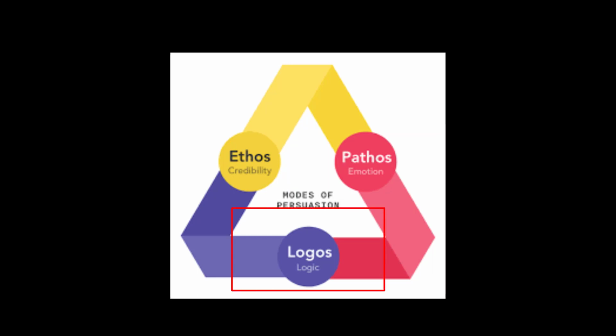Logos is the third. In classical rhetoric, logos is the means of persuasion by demonstration of the truth, real or apparent, the reasons or supporting information used to support a claim, the use of logic or reason to make a claim. Logos can include citing facts and statistics, historical events, and other forms of fact-based evidence. Some things to think about when analyzing logos.